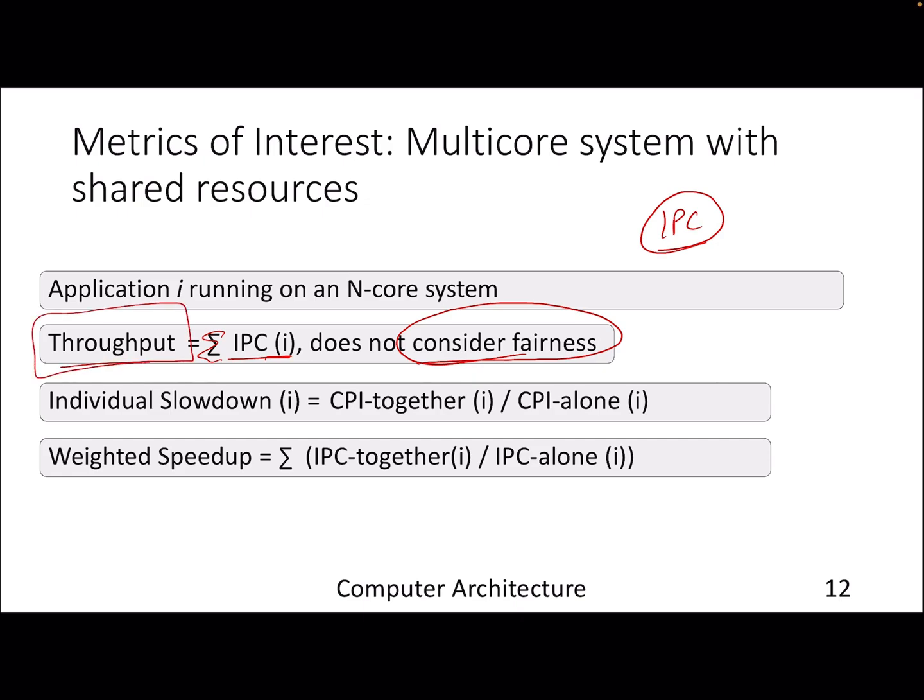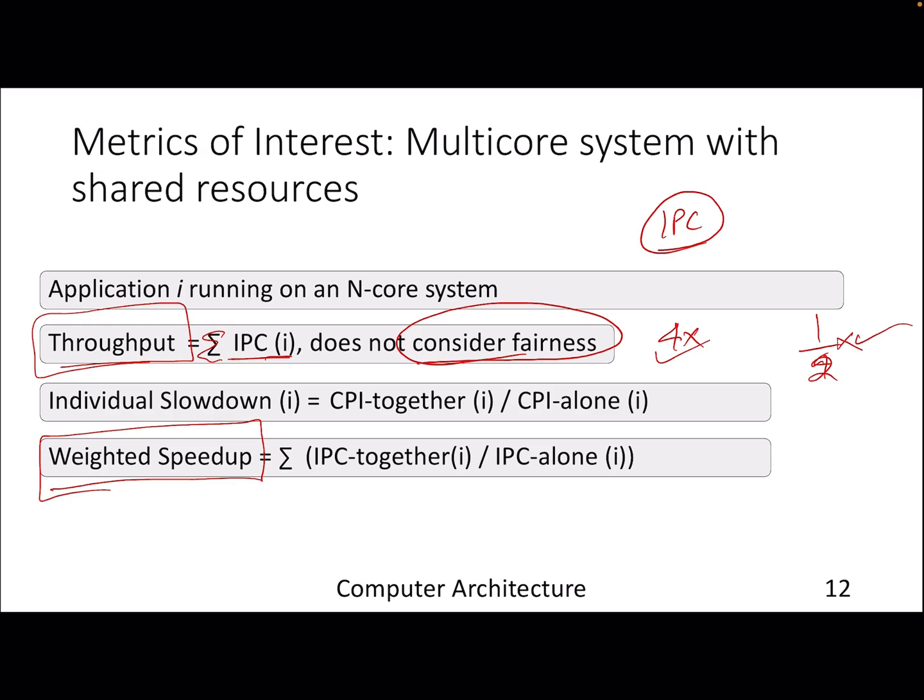The throughput may show that, okay, your throughput is high, but it doesn't give a picture of what exactly is happening to all the cores. It may happen that one core is improving by 4x and another core is going down by, let's say, half x, right? That means there is a 4 times improvement, and there is a degradation in this case, but the throughput won't be able to tell you. Instead of that, what we should use is something called a weighted speedup, where what